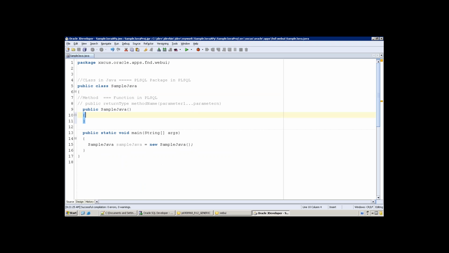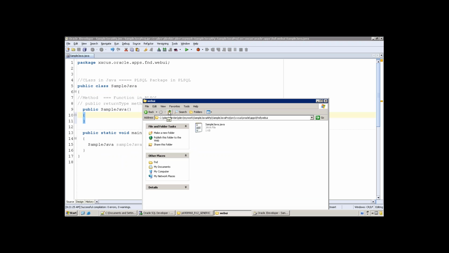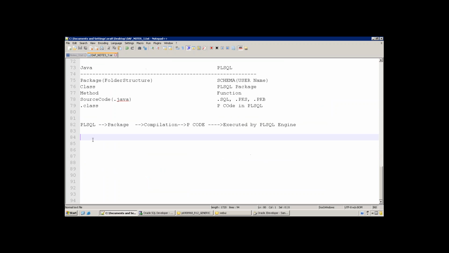Now can you see? It says successful compilation here. But where is the file? Where is the dot class file? I'll show you that. First, what is the difference between make and rebuild? The difference between make as well as rebuild is